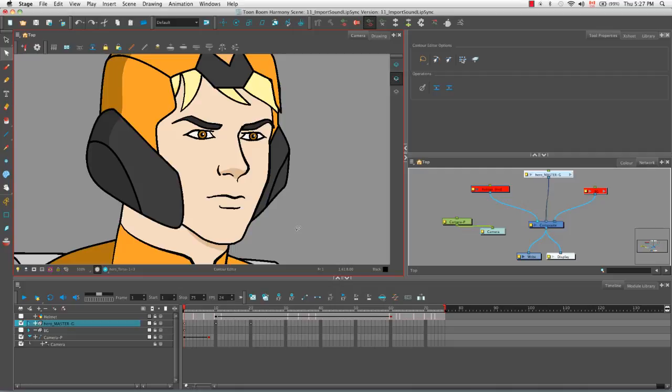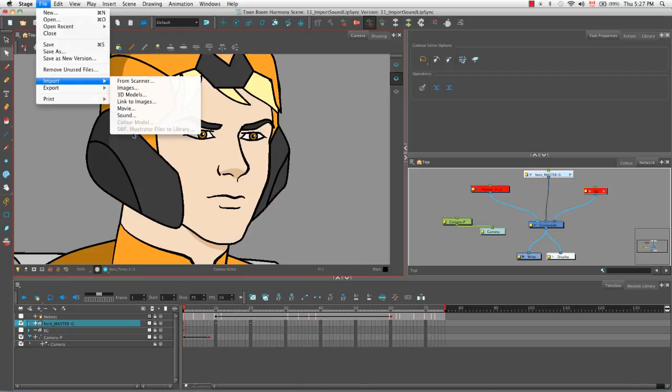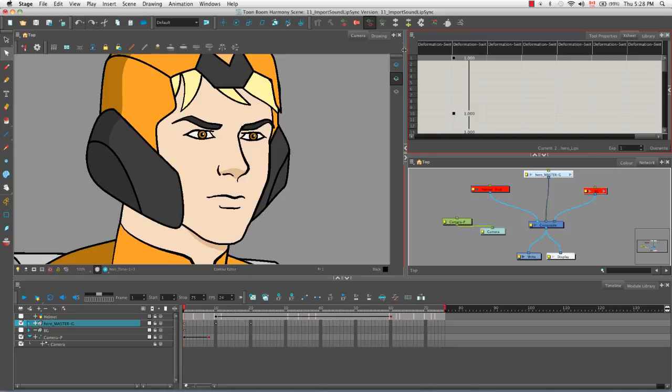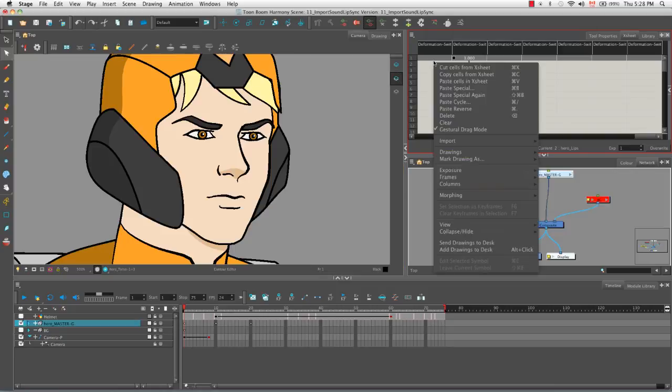So there are several different ways that you can import a sound file into your scene. The first way is by going to the top menu and selecting File, Import, Sound. Another way is to go to the top menu here in the timeline and by selecting Import, Sounds. Or you could go to the X sheet view and use the top menu there, where there's also a File, Import, Sounds option. Or what you can do is click on any of the cells of a given column and